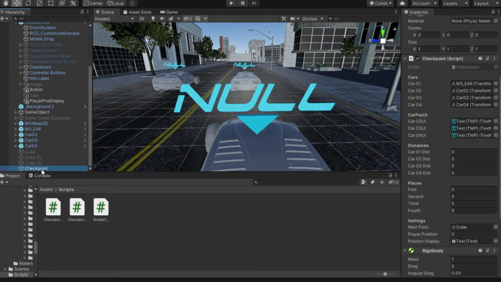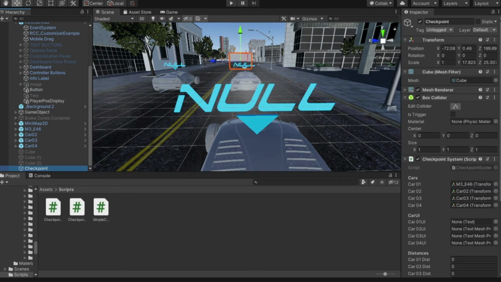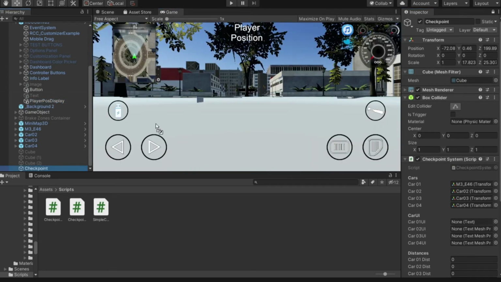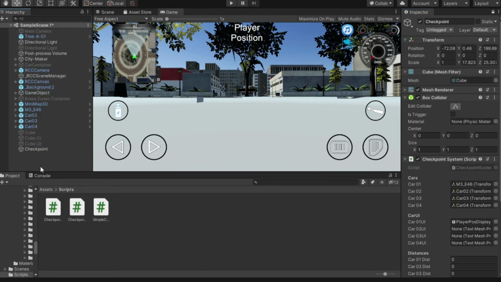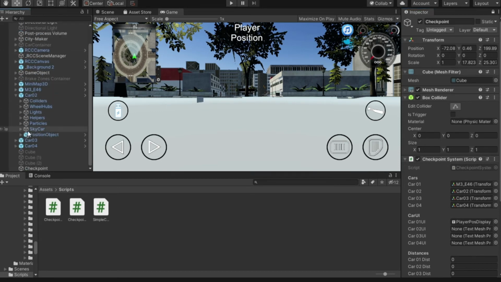Now okay, I'm going to lock it here. There you go, it is now locked. Now I'm going to give it the player position display that we just created. I'm going to put it on here on car 01, and then I'm going to minimize this thing. Now let's go to car 02 and the position object. Now it has the text TMP. Now this is going to be car 02's UI, and